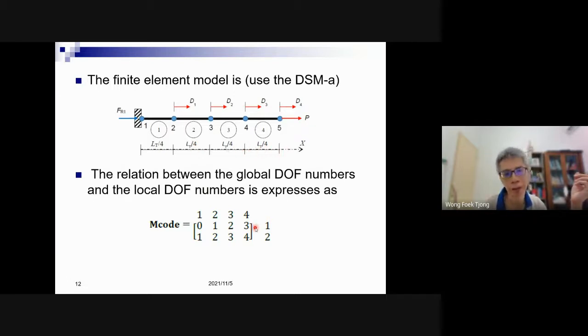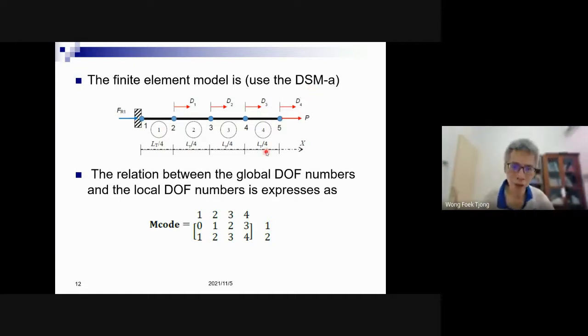And then, as usual, we define the nodes. The nodes are the locations where we define the degrees of freedom: 1, 2, 3, 4. Only active degrees of freedom, because I choose to use the SMA since I will calculate manually. I think the SMA is more efficient, so I choose this.